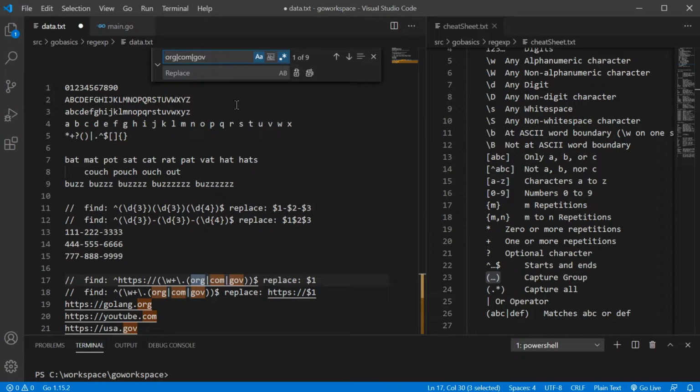Now, if I want to catch all the stuff in front of that, I just need to go ahead and put that into a capture group. So let's go ahead and put org,